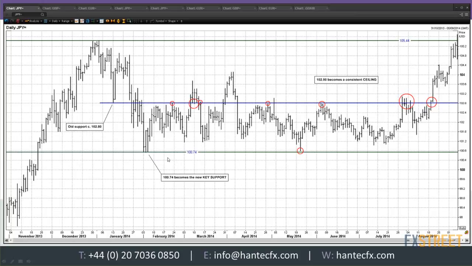Now, interesting also, we had a floor in place in early February. 100.74 was that floor, and it was interesting because that got tested again back in May. But just look at the number of times that 102.80 actually got tested all throughout 2014. Now, the thing that you need to not get too hung up about is the fact that